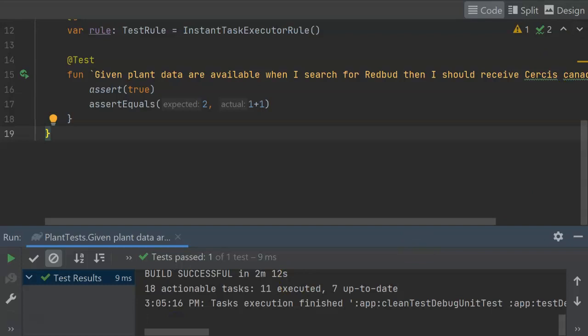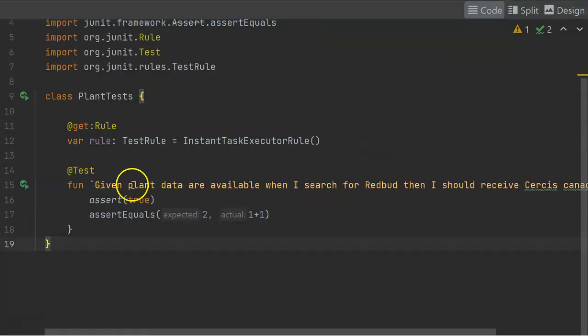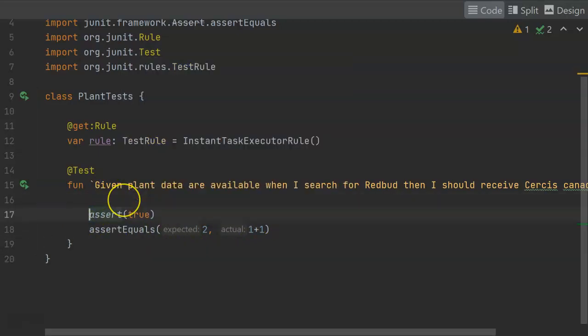Of course, we're not really testing anything serious just yet, but we will get to that in the next few steps. Since we've been very descriptive in this function, we could write the whole unit test in this function, but another option is to write a series of given, when, then functions that this function calls. So I'll say given plant service is initialized,